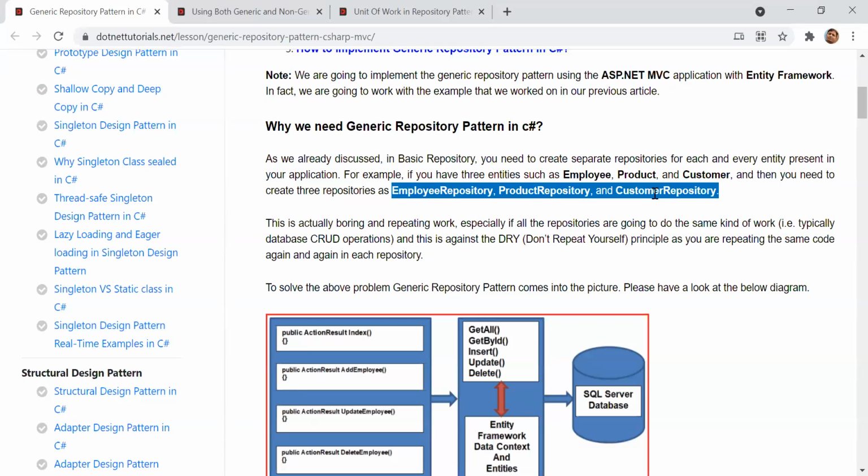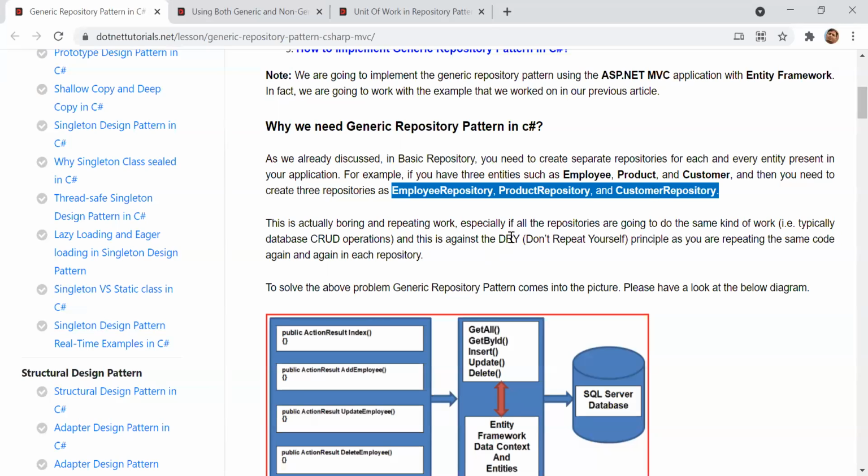Generic means any kind of data type, any kind of value, any kind of list you can provide here, and it will work as per your requirement. Sometimes you can save the data of a student, sometimes an employee, sometimes a product, customer, or some other entity; it is going to save it if you implement the generic repository.